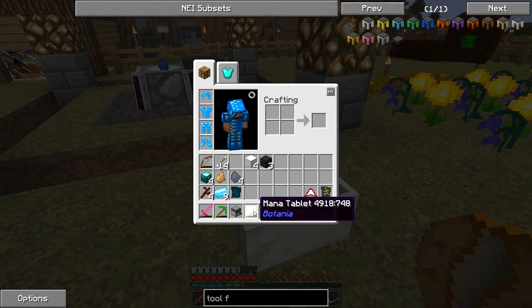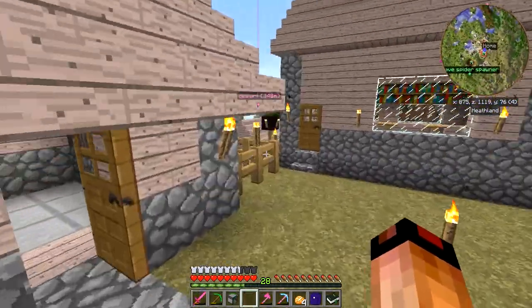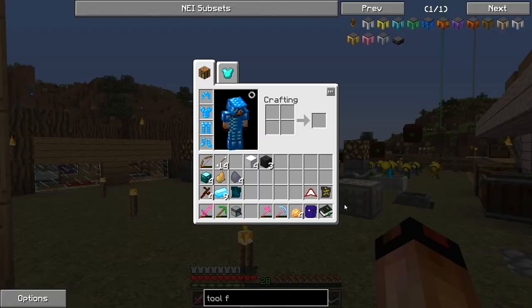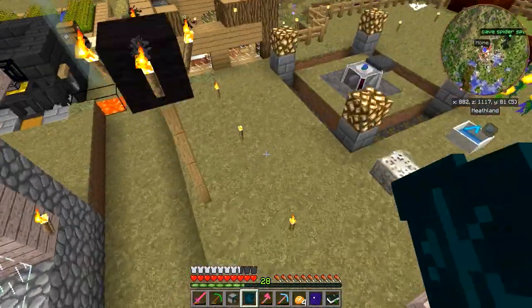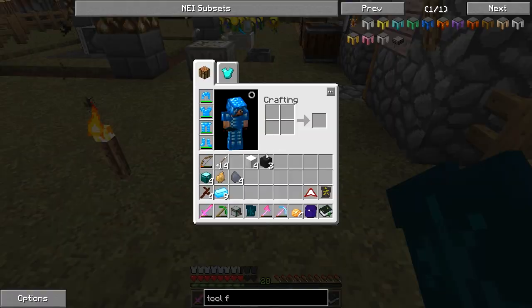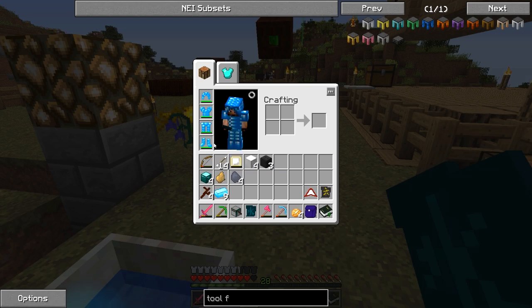For instance, if I take the mana tablet off, let's go ahead and put that away, and I'll show you what I mean. I know what the best way to do this is. Air sigil, one pop, bang. Okay, two hearts, and all my armor takes damage. Okay, I'm gonna pick up this mana tablet, and it's going to heal my